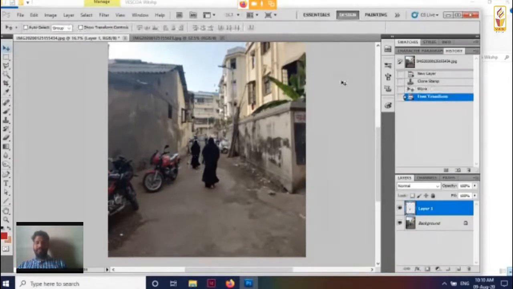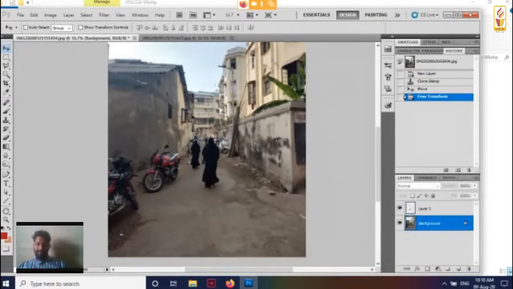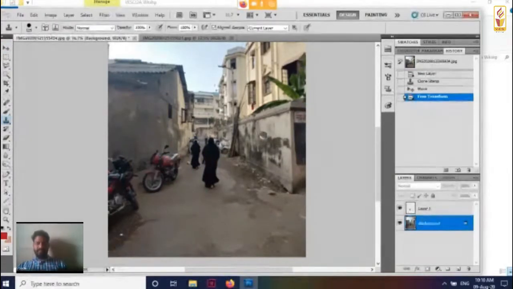So maybe there is a certain thing which you want to remove. For example, let me just take this particular wall as an example. I just select the clone stamp again. The stamp is still taking the information which I had previously defined. I'm going